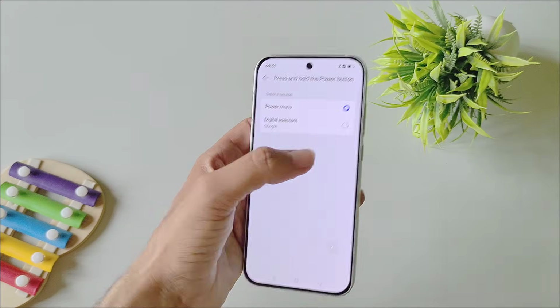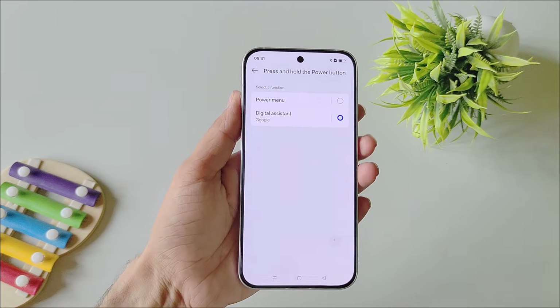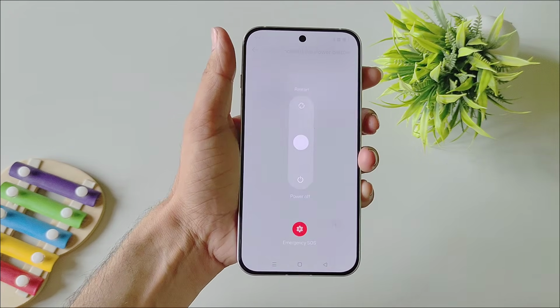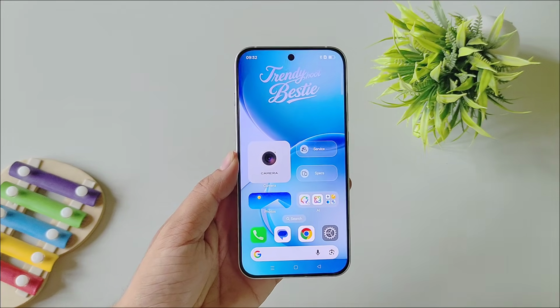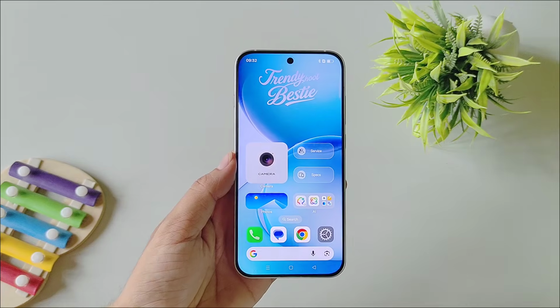But if you want to keep this as your digital assistant, and you want to launch your power menu, then you can press the volume up button and power button at the same time, then it will launch your power menu. This phone comes with a lot of AI editor features as well, and these are really powerful and